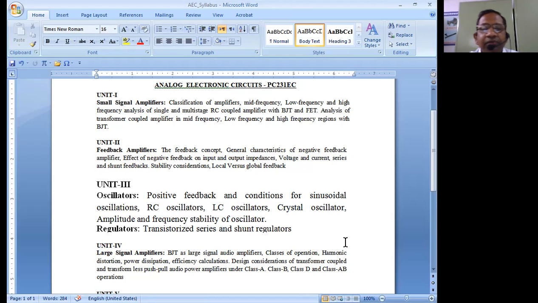The next amplifier is going to be called a positive feedback amplifier. A positive feedback amplifier is also known as an oscillator circuit. The oscillator is normally going to have a positive feedback connection. So in this, we discussed various types of oscillators, such as RC oscillators and LC oscillators. We discussed, and we just started with the shunt regulators.